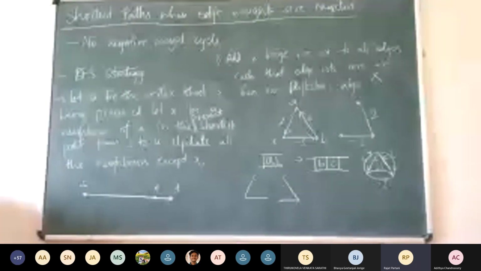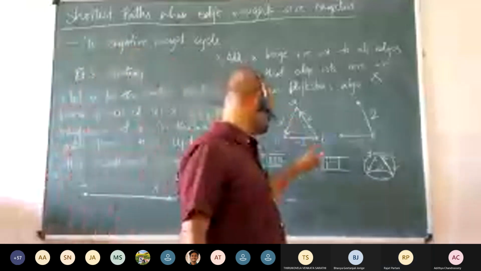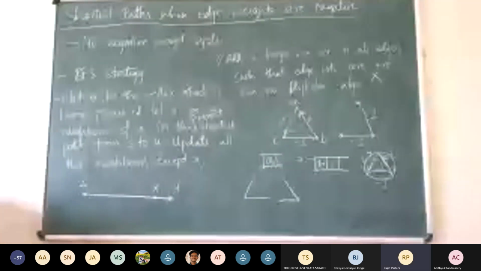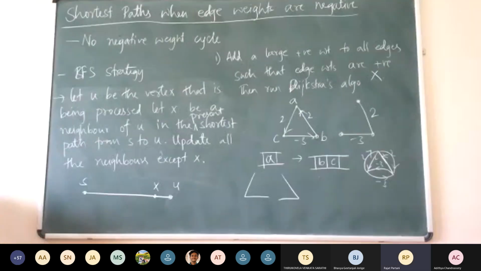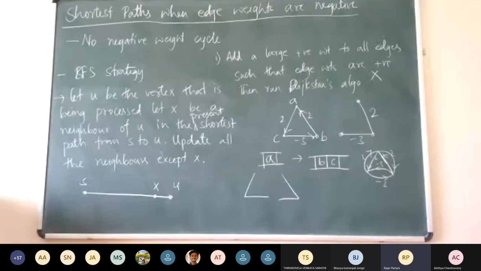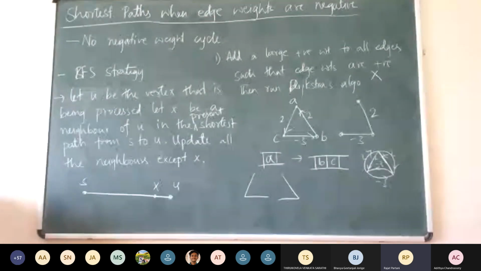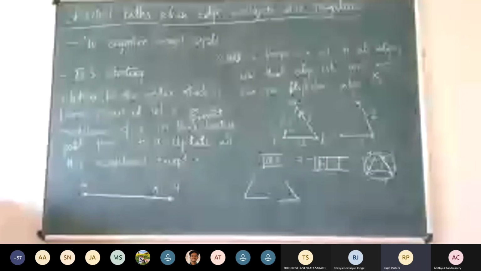Unless C and B get the same distance. No, because we are not using the edge more than once. You are not going through that edge. See, we are again looking for a path, that's the problem, sir. Sir, in the negative cycle we are saying that we can use the edges twice or thrice or any number of times. We can keep on looping. Yeah. But here we are saying that we can use the edge only once. Sir, but how does that work? That contradicts the negative cycle part.